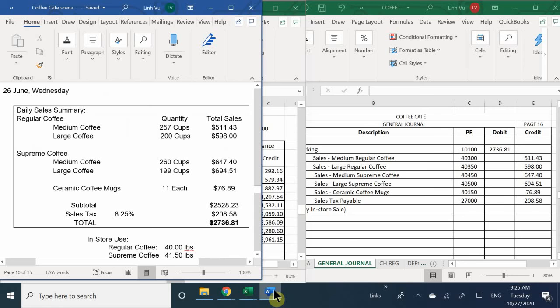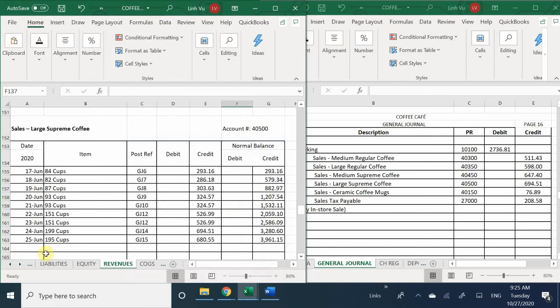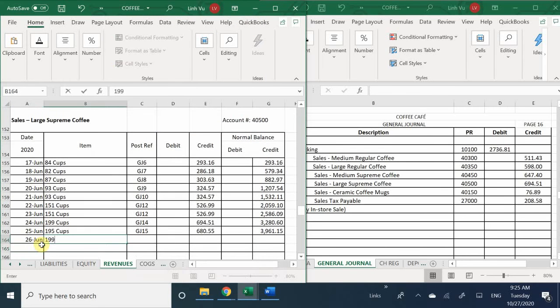We sold 199, so it's 26, 199 cups. All right, General Journal 15. And how much did it cost me to sell 199 cups? 684.51. Okay, giving me a grand total of